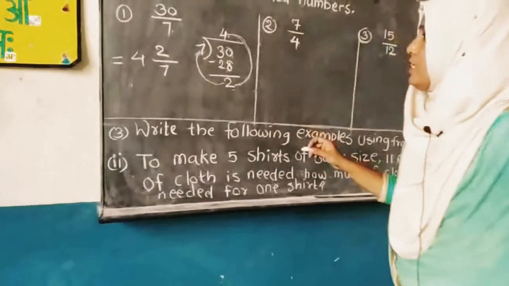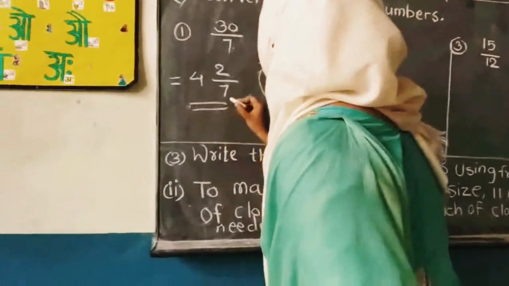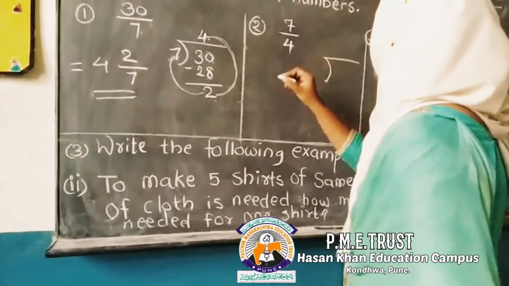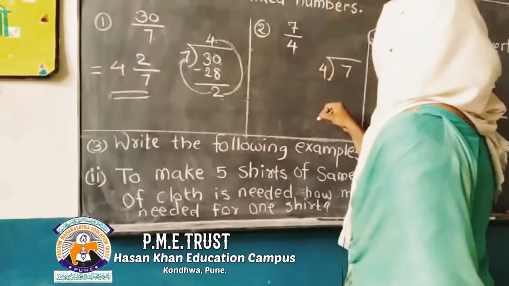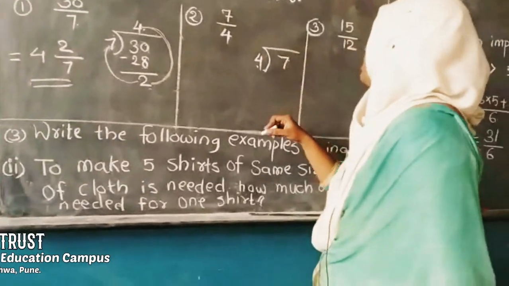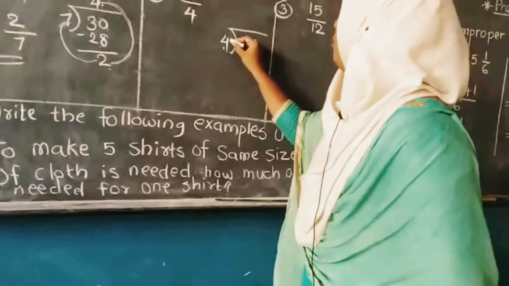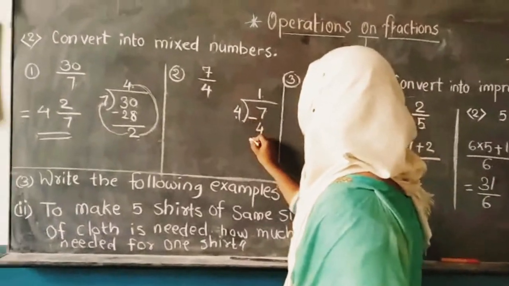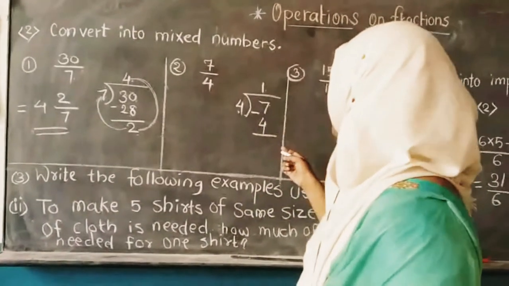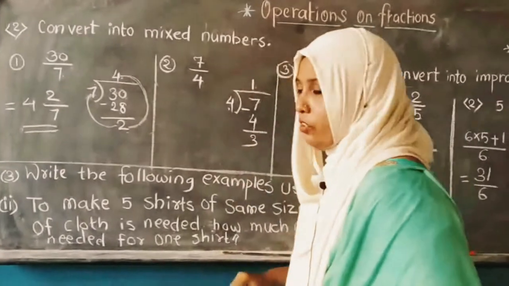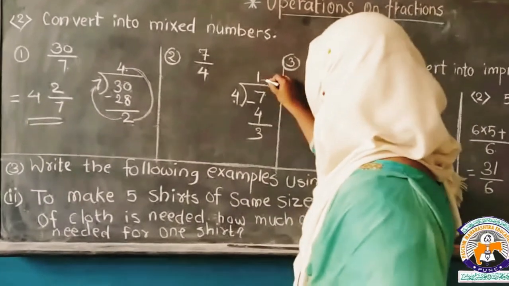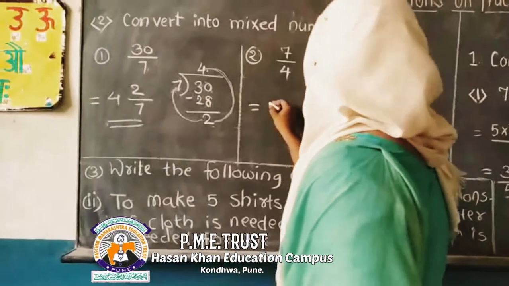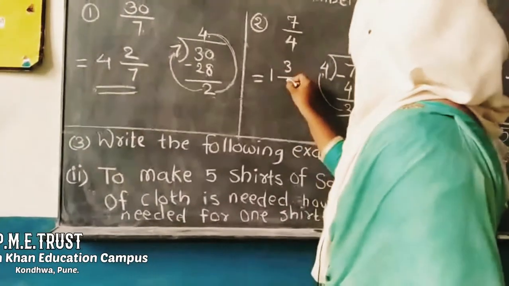Okay. This is the mixed number. Okay. The next one is what? How to divide this? 7 is divided by the 4. 4 ones are 4, 4 twos are 8. Therefore here write 1. Here write 4 ones are 4, minus. How much remaining? 4, 5, 6, 7. Remainder is what? 3. Here write 1, 3 and then after 4. Write here 1, 3 by 4.